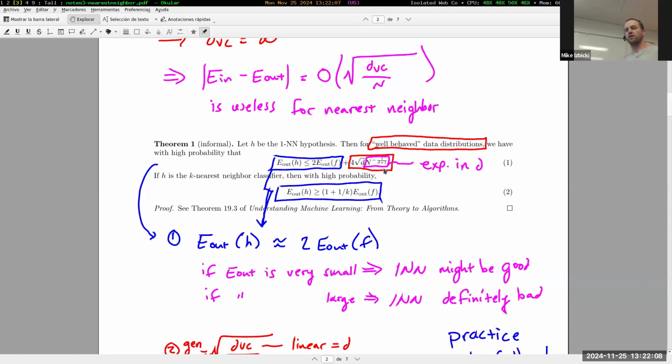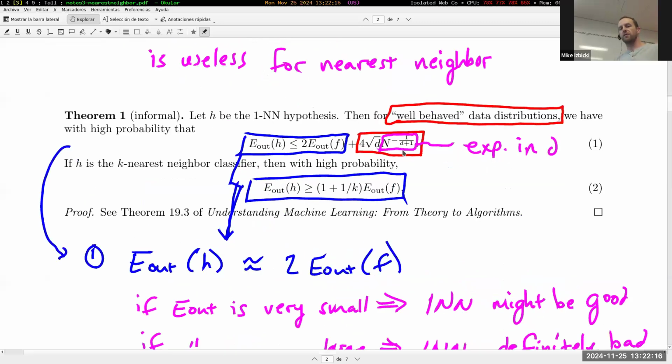The red portion of this equation was talking about another curse of dimensionality that is a little bit hidden here. We'll zoom in a little bit more. This d right here in the exponent for the n, it's not like in the previous bounds we've seen, 1 over the square root of n, but this is 1 over the dth root of n. And so this results in exponential dependence in d. As the number of dimensions increases for nearest neighbor, then the number of data points that we need also increases